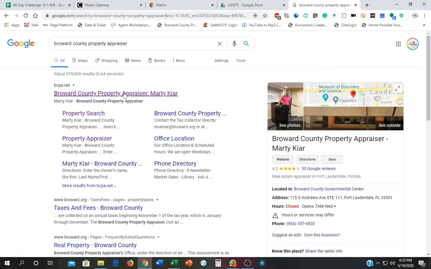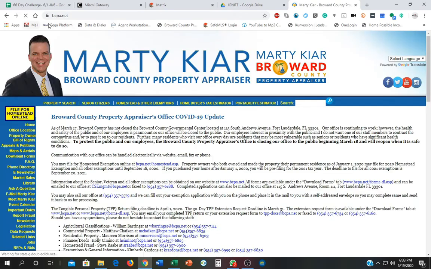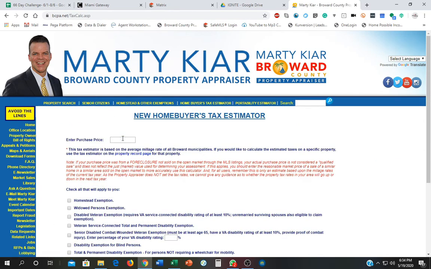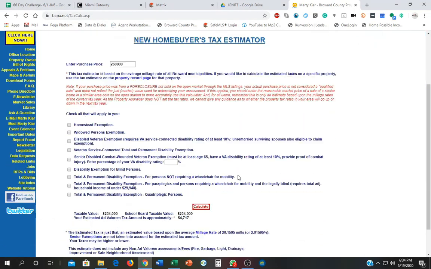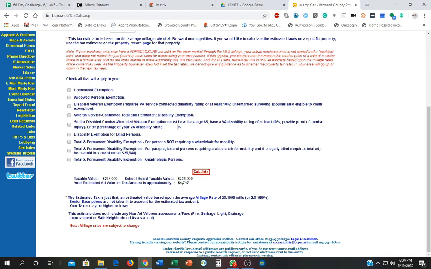And this is the Broward County Property Appraiser website, or bcpa.net. Right here, bcpa.net. And then you're going to see that there are different tabs. One is called Homebuyer Tax Estimator. You click there and you put how much this property is going to be purchased at. In this case, we said we're going to purchase this property at $260,000. Okay, it's an investment property, so the homestead exemption does not apply. Homestead exemption only applies if it's their principal residence. Then we'll calculate how much money they're going to pay in taxes, and right there it says that it's